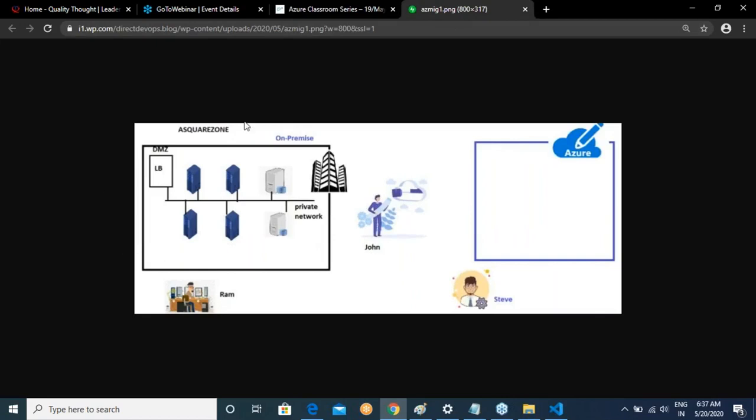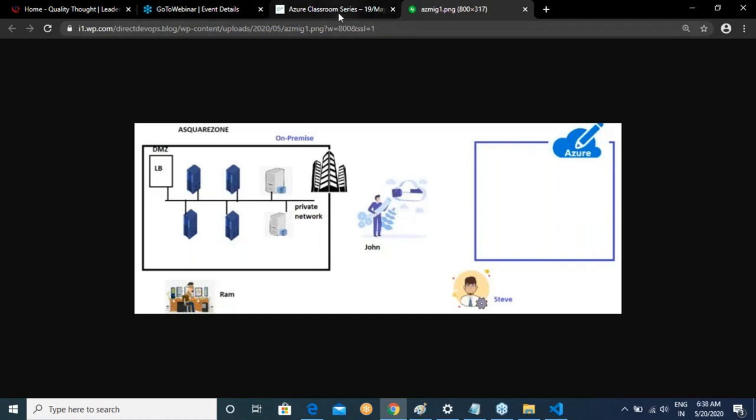They have some infrastructure which runs in their office, and they want to migrate or move that to Azure cloud. For that, they have two categories of people. One is John, who is an architect, and then we have Steve, a cloud engineer who can implement this solution. Now, how will this migration be designed, and how will it be implemented? What will our lab setup be? What will we end up doing? Then we will try to understand this whole flow. So that is today's agenda.